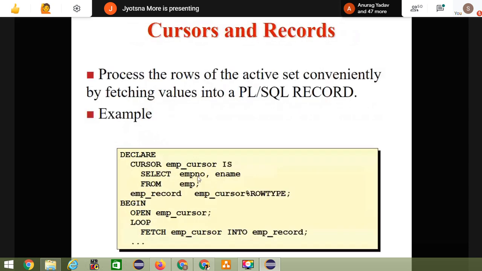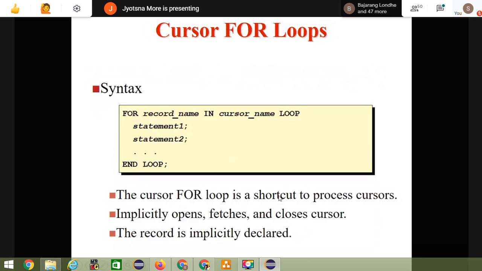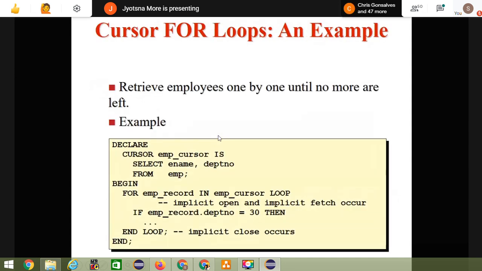Specifically with row count, if you want to go, then use the attribute percent rowtype. Then for loop: for record name in cursor name loop, write the statement to retrieve employees one by one until no more are left.